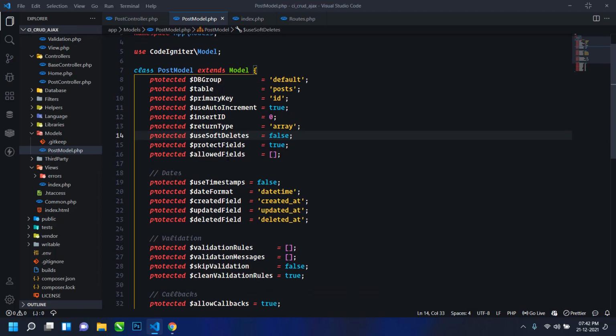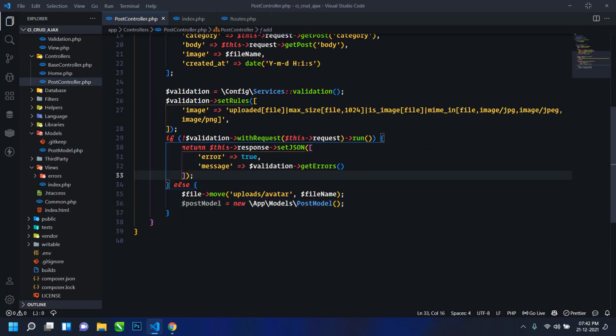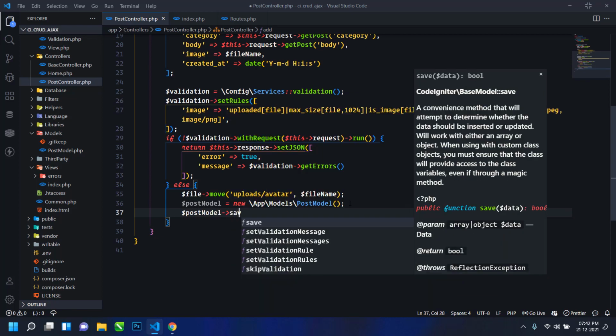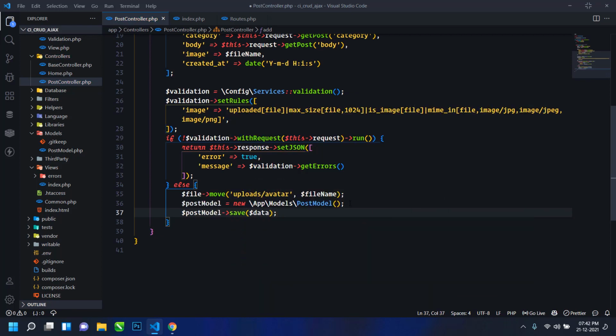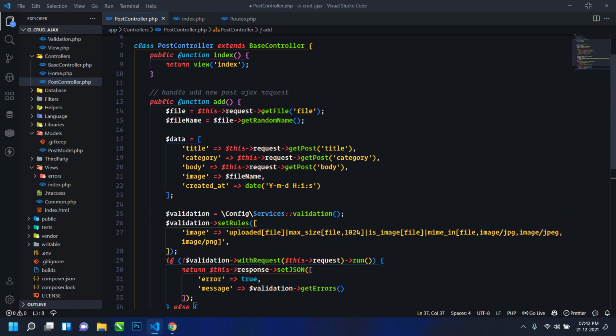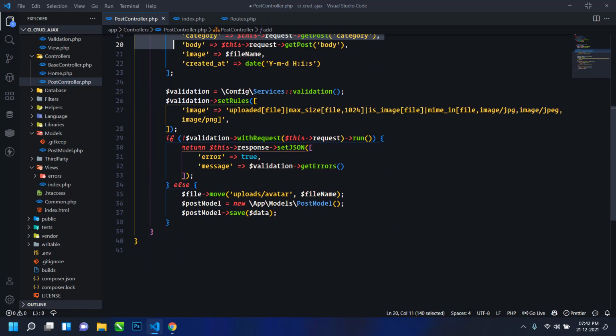Here we will define something in allowedFields: we have to add all the column names like title, category, body, image, created_at. Just write these column names here, save this file and close. So I have created an instance of the post model here. Now next I will use postModel, then the save method, and here I will pass the data that is already declared here, with all the details.